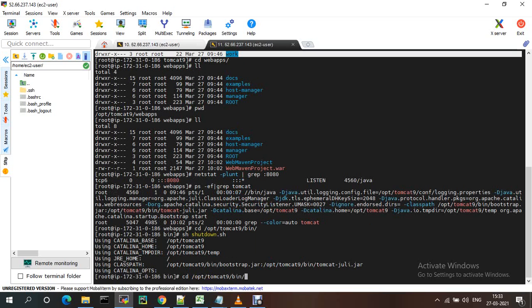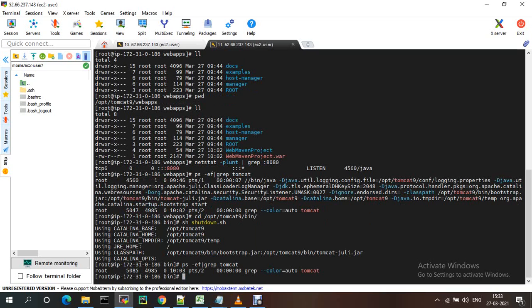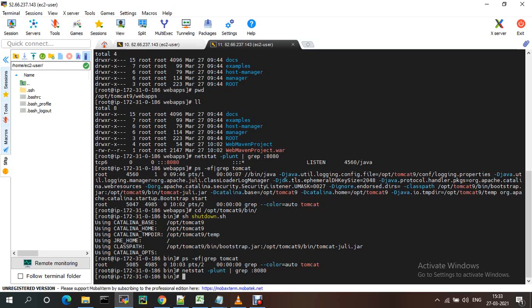It should be stopped. If you want to check, you can check the status also, it is not running. If you check the port also, it will not be there. So you just need to restart. Same like that, sh startup.sh.